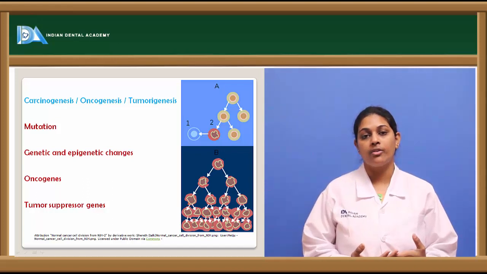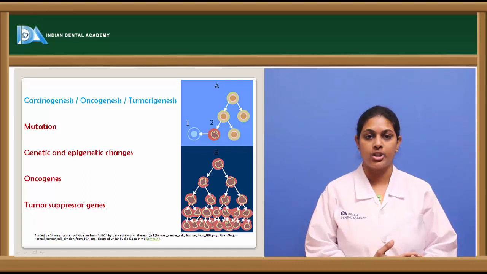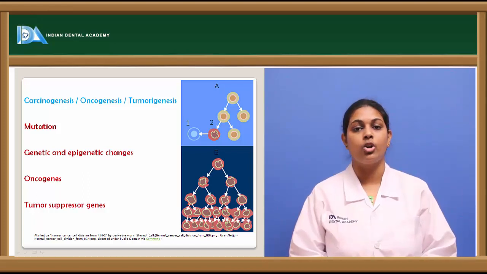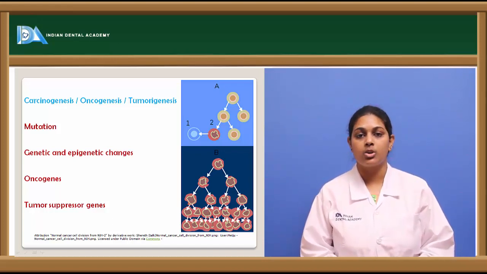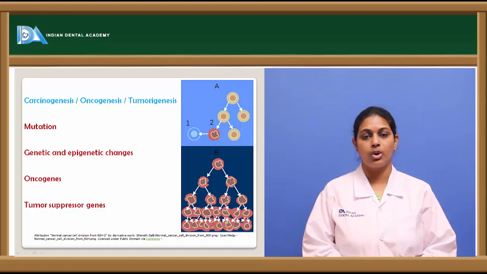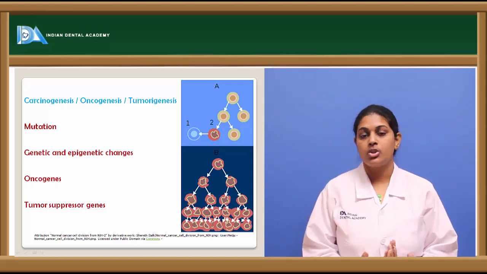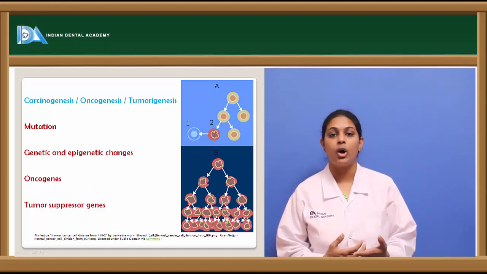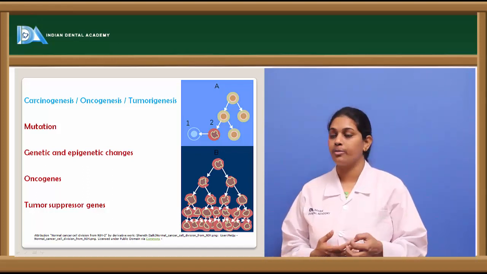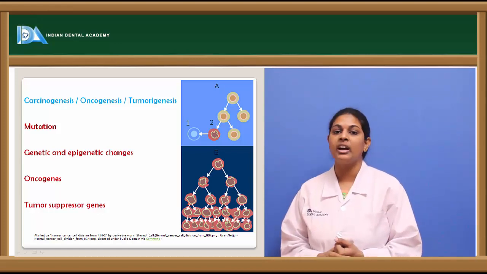The normal growth of a cell is usually under the control of certain regulatory genes and certain genetic molecular mechanisms which control the normal growth of a cell. Similarly, a tumor cell also requires growth factors and certain genes which regulate its growth. So we are going to briefly explain now what happens in the molecular basis for the formation of a tumor cell. Usually when there is any damage to any cell, it could be a DNA damage,